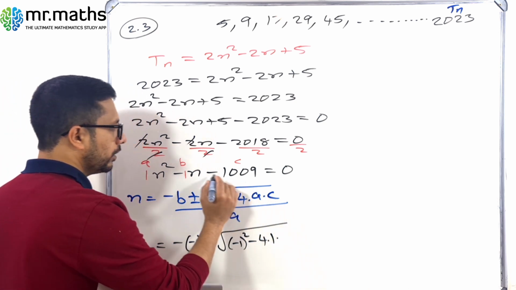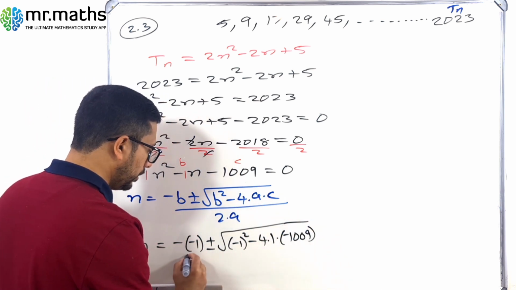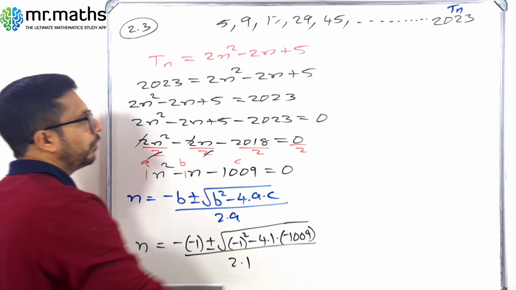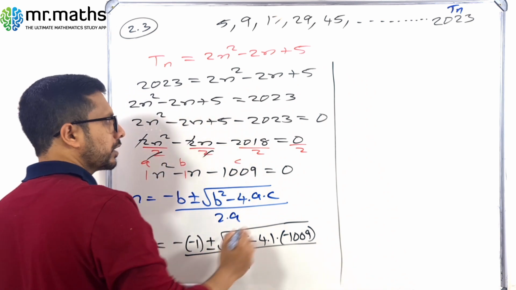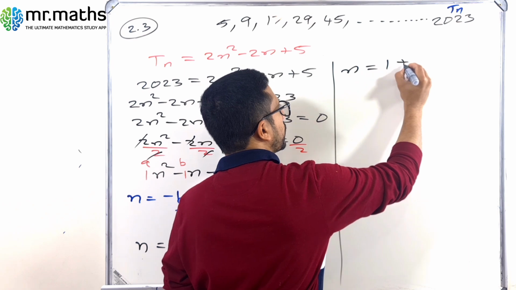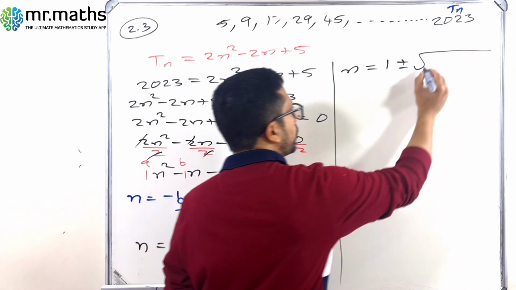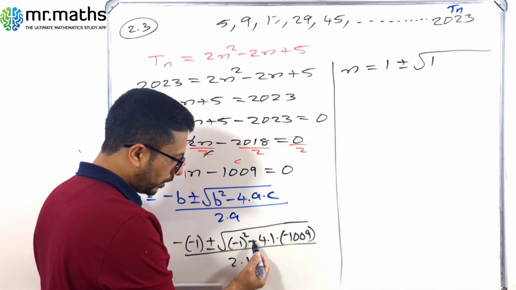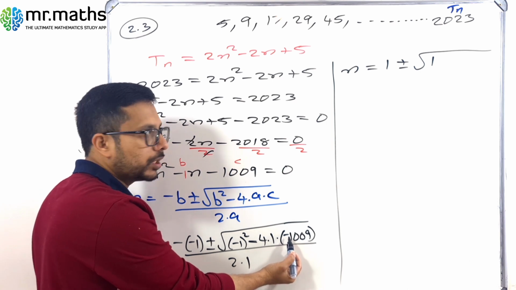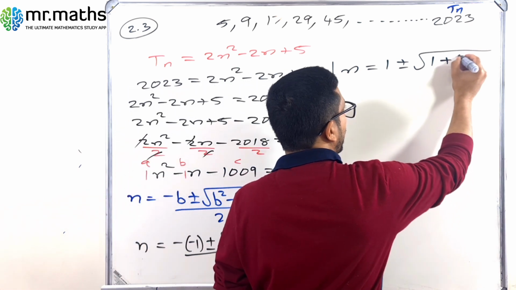1 into c minus 1009 divided by 2 into a is 1. So now you have to use your calculator. You just write one more step simplified. Minus into minus is plus 1 plus or minus the square root of minus 1 squared, minus 1 squared is also 1. Then look at this one, all of these are multiplication, so minus times minus is positive, so it is 1 plus 4 times that you have to find the answer in your calculator,